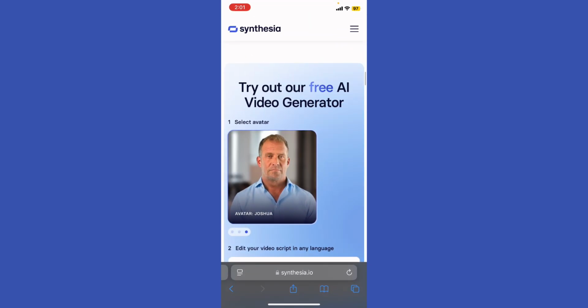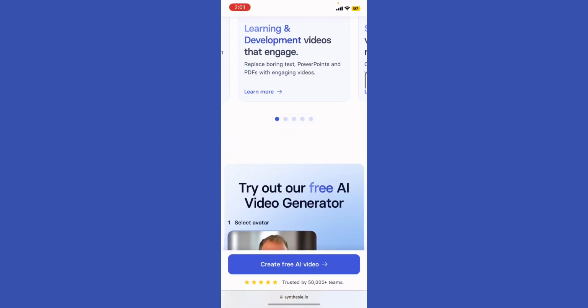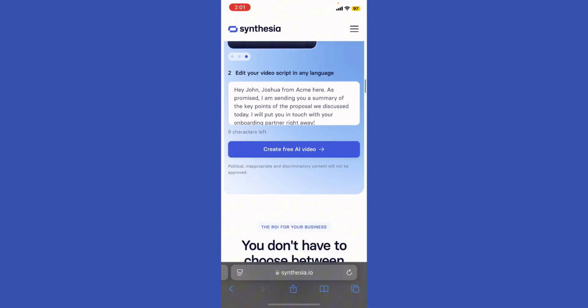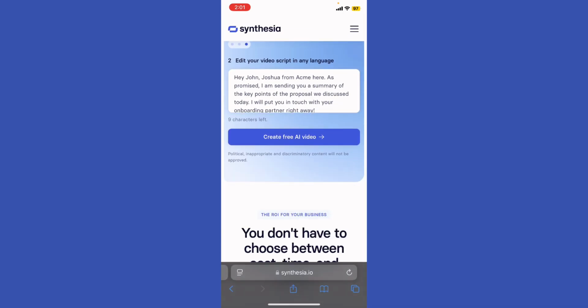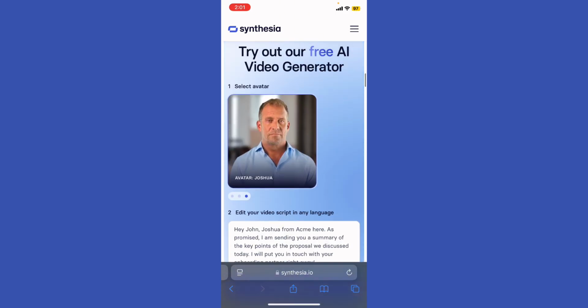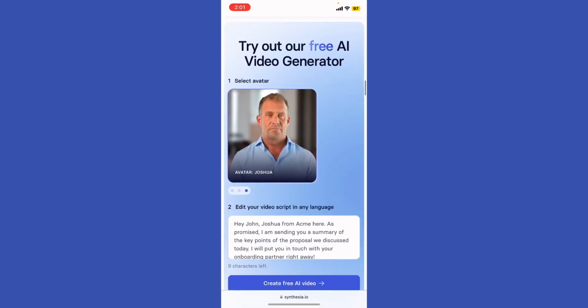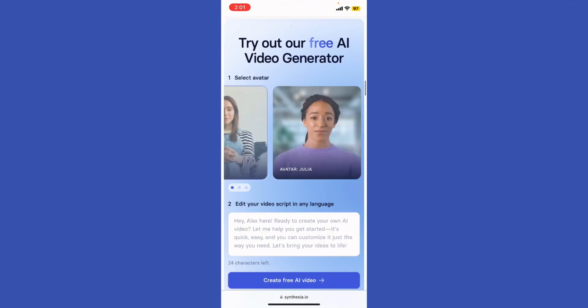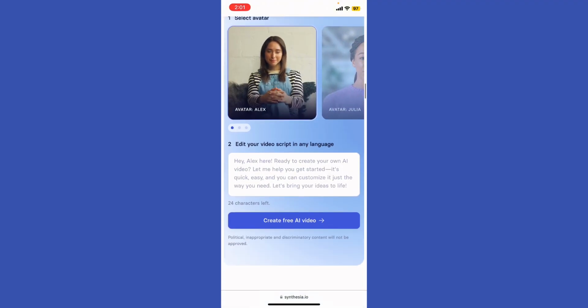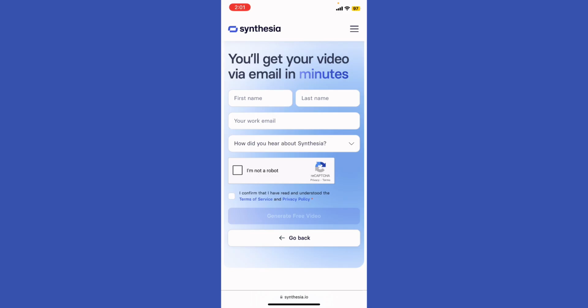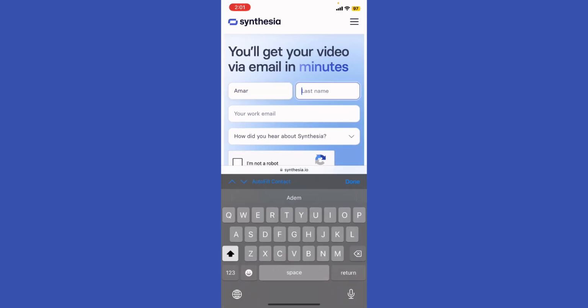So go ahead to the official website. Now what I'm going to do, I'm going to create a free AI video. Here you go. This is the script already written, right? But basically what you're going to do, you're going to select the avatar, right? Joshua, Julia, or Alex. After you hit create right here, of course, you're going to log in using your credentials,